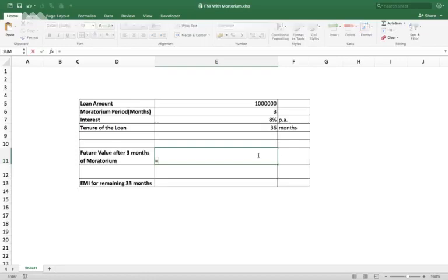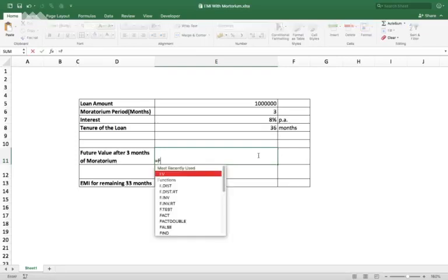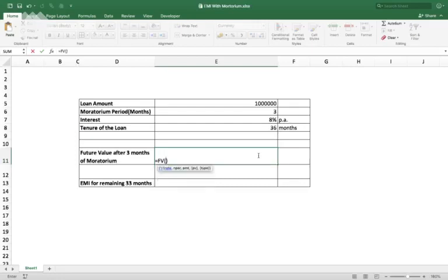So we'll put equals to, and FV is the formula for future value, and we'll press the tab button. Now it is asking me to input the rate. So rate will be 8% divided by 12, comma, it is asking me to input the nper. Nper is nothing but the period of months for which the moratorium period has been given. So here we have supposed 3 months moratorium period has been given.